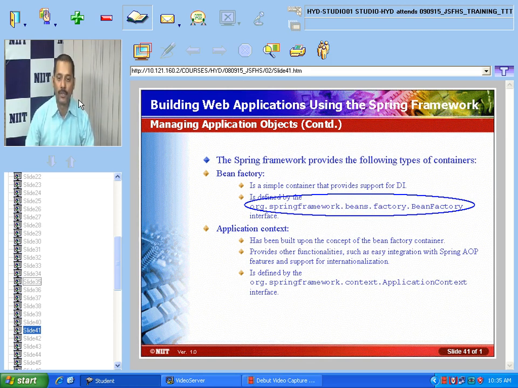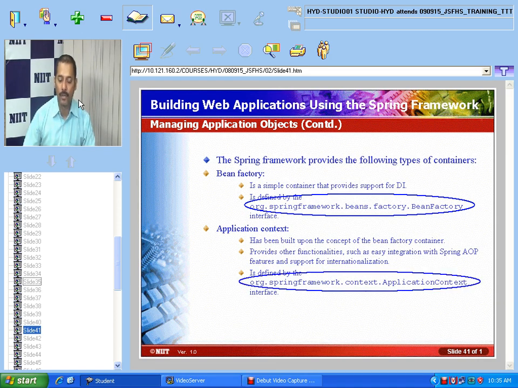A few things will be supported by the Application Context container, and it is defined in the interface org.springframework.context.ApplicationContext. That is the two different types of container which we can talk about. Is that clear now? Any questions? These are some of the few containers which I am talking about.